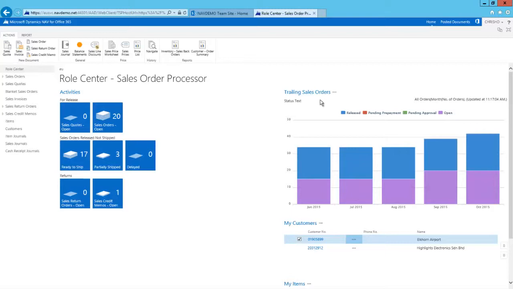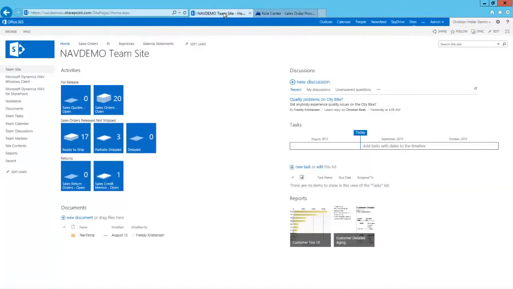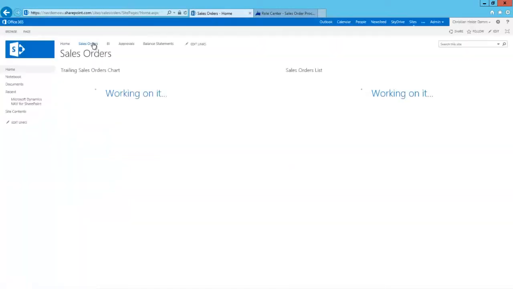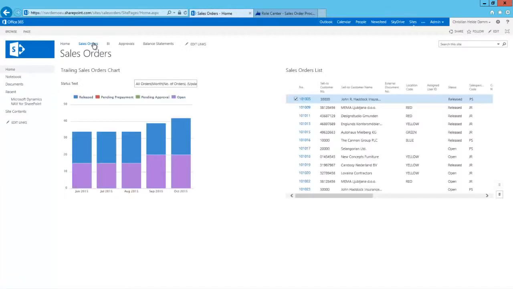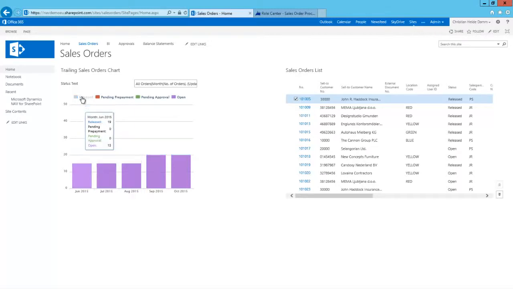This is possible, and let me go back to SharePoint and show you how it looks. You see, we are now in SharePoint and we see the same chart. In fact, it is the NAV web client that is displaying it. The only difference is that it is blended into the general SharePoint experience, and I can even interact with it.